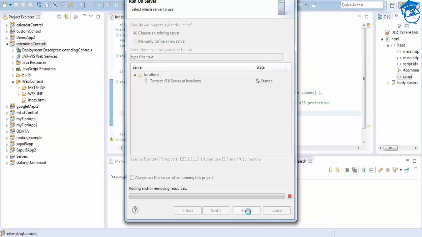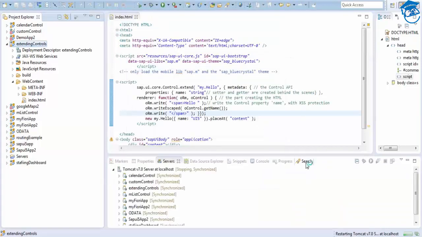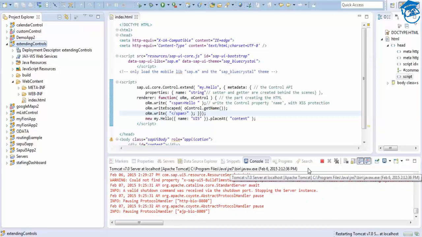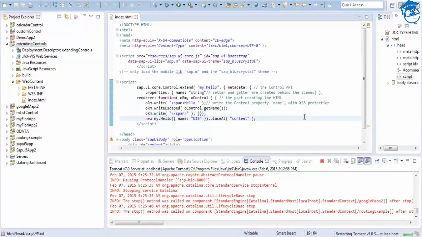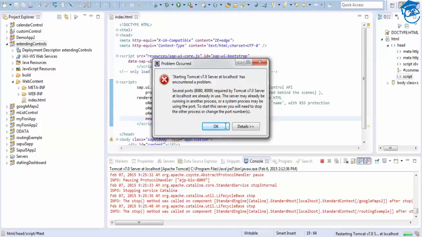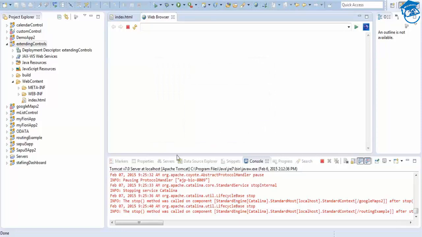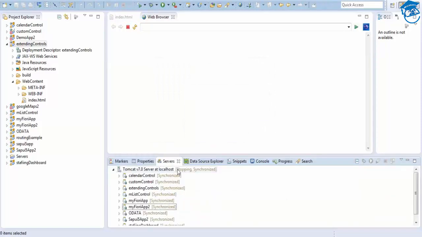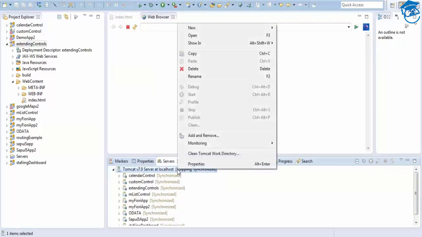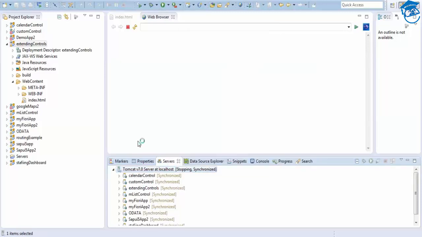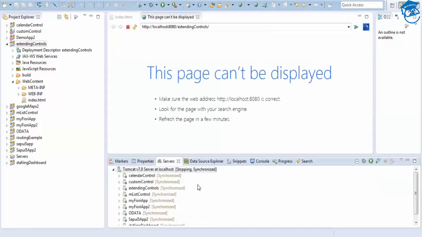So we'll take a live example, restart the server. So it will take some time and then it gets restarted. And once it gets restarted, yeah, it has some trouble. So when you get such type of errors, what you have to do is you have to say OK, and you have to go to your server and you have to right click, and there is a clean button that doesn't exist now, but there should be some problem. Yeah, now it's got.